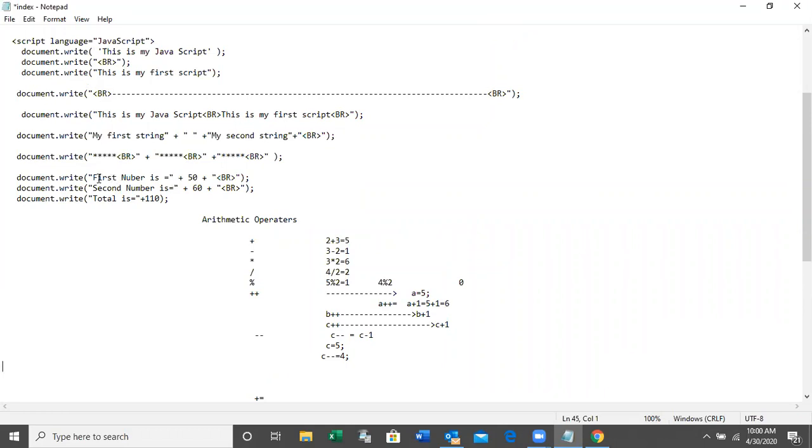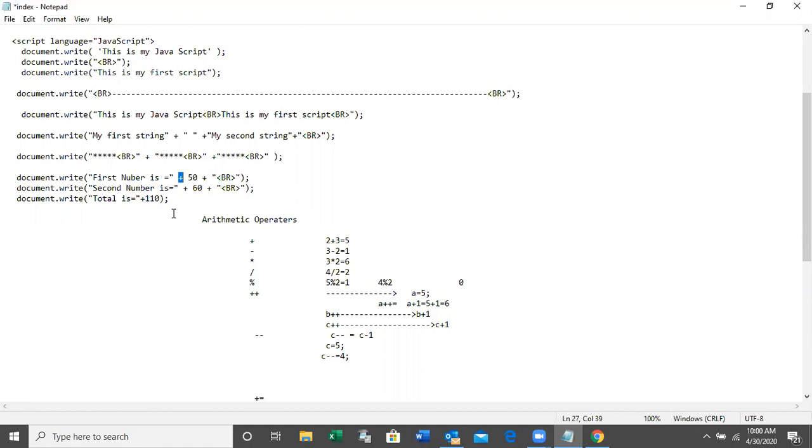Plus is used to join. This is the first string, so my first string is within the double inverted commas. If I want to join this number with this string, we have to use the plus operator. Clear, right? So this is like a concatenate operator.